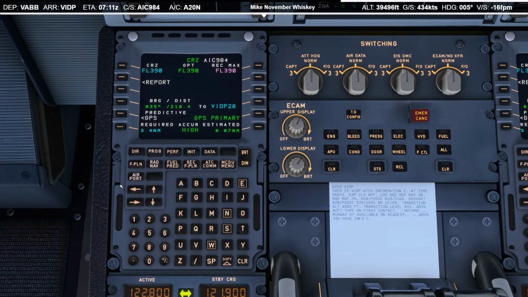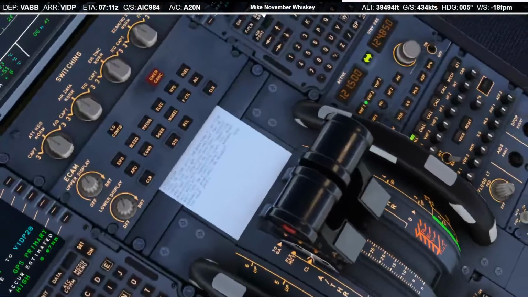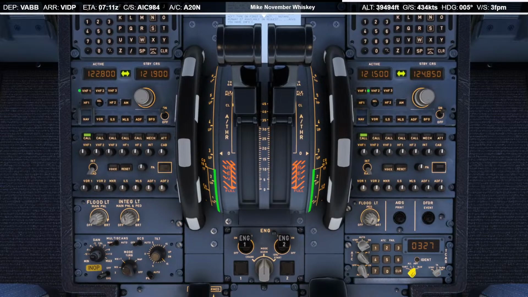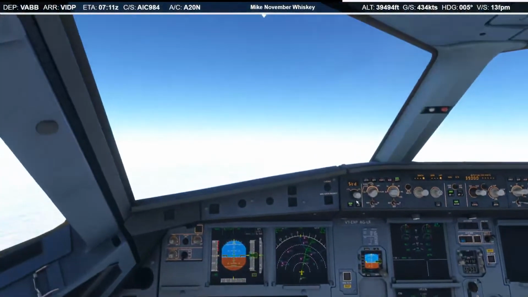Distance to the runway, perfect. And set our TCAS to below, even though it's not functional in this version of the mod, but that's fine.